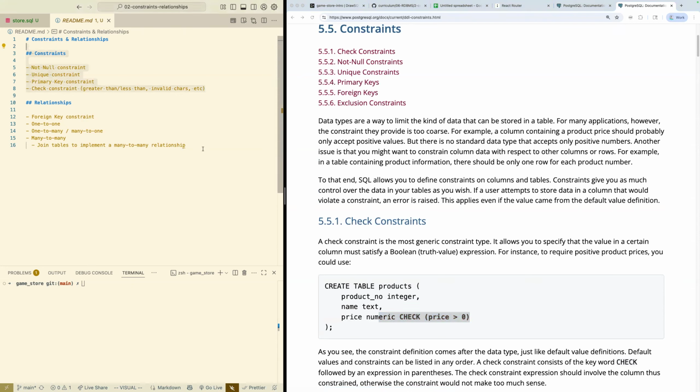And then in part two of the lecture, we'll dive into relationships. We did some modeling yesterday, but we'll actually write code for different types of table relationships, one-to-one, one-to-many or many-to-one, and many-to-many. And we'll see an example of a join table to implement a many-to-many relationship. We might do a little diagramming along the way or use a spreadsheet, but it's going to be mostly a